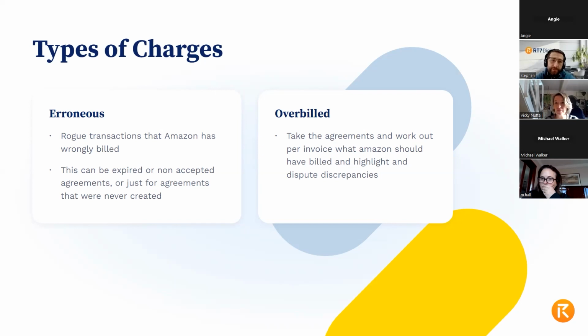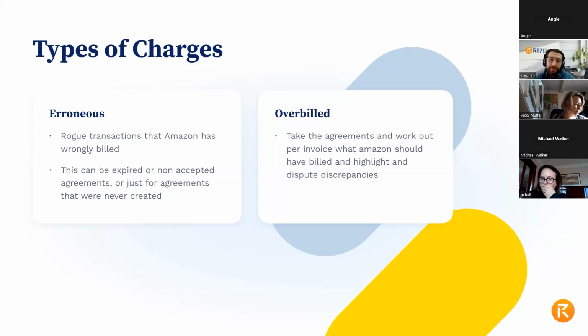It's slightly different depending on if you see an error or if you see the provisional. If you see error, screenshot that, send it to support, and they will refund you. If you see provisional, your agreement expired, but they didn't raise a new one. This is something we usually only see in the US, but it can happen to any account. They will then start billing you off a standard rate card, which is traditionally higher than the co-op fees they will usually agree with you. You can push for a new agreement to be put in place, and they will backdate that agreement and refund you for the time period where you're being billed off the rate card.